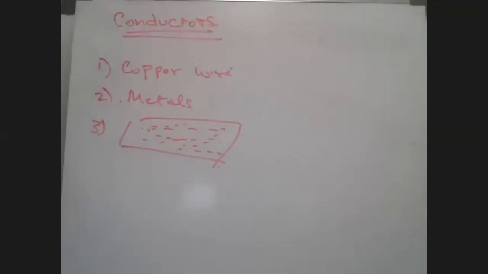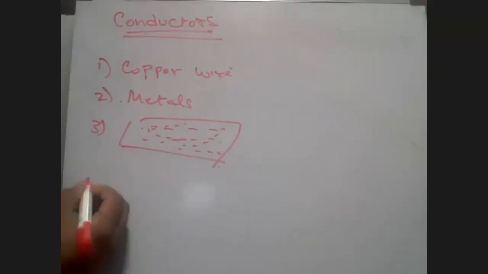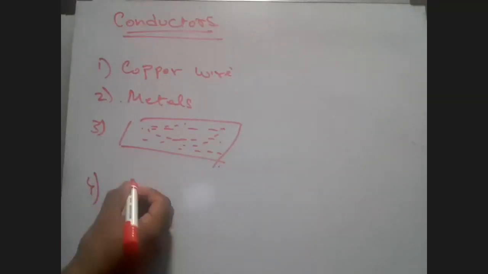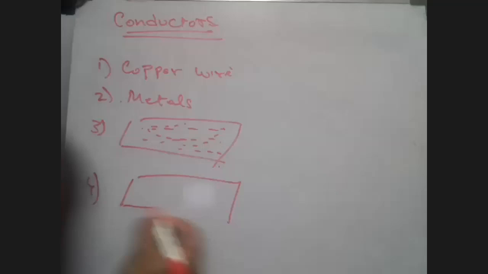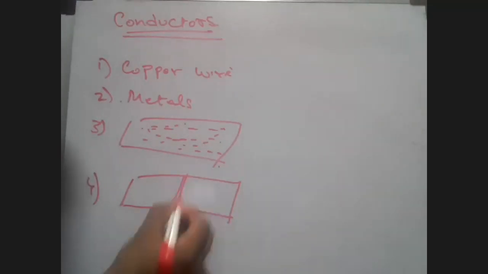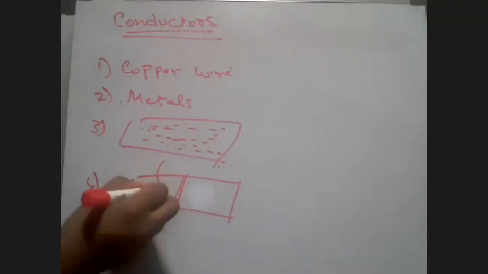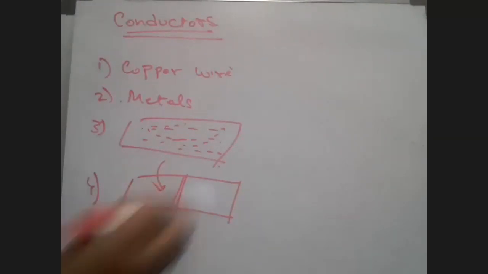Also, I want to let you know that there are some objects which are man-made, and these man-made objects can be manipulated. What I can do is reduce or increase the amount of conduction in an object just by mixing two components, maybe a silicon atom, maybe a germanium atom.